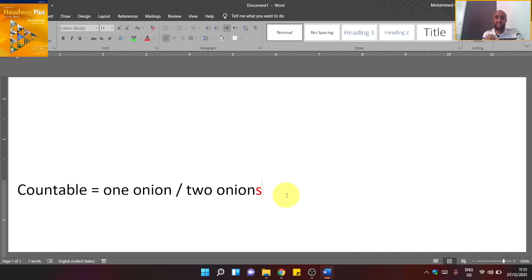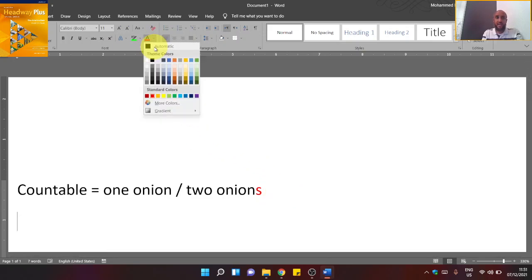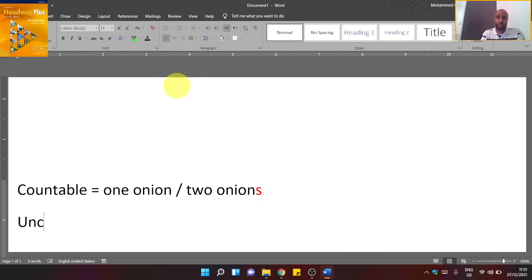So these nouns, like onions, like tomatoes, these are countable. You can count them with your hands. And we have the opposite as well. The opposite is, we say it is uncountable. Uncountable, tamam? So the uncountable, for example, such as milk,